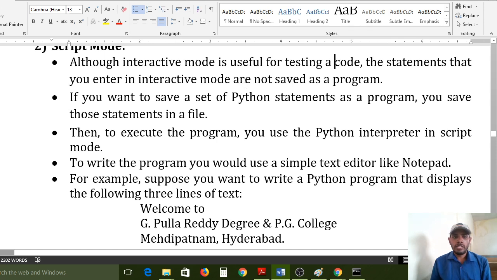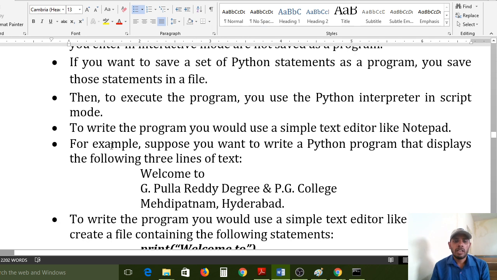So there is no chance to save our statements using interactive mode. That's why, if you want to save a set of Python statements as a program, you save those statements in a file. For that we use Notepad. In that we type our statements and save with a valid name, and the extension is .py.